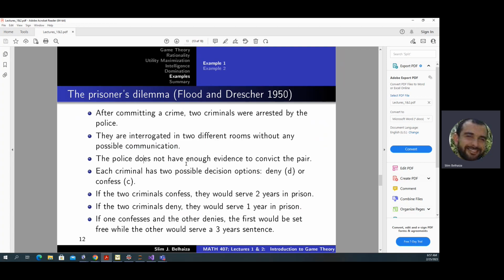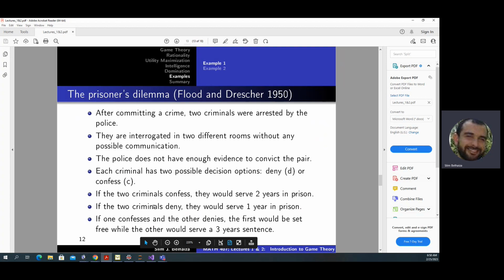The police does not have enough evidence to convict the pair, and each criminal has two possible decision options, either deny, which is symbolized here by D, or confess. If the two criminals confess, they would serve 2 years in prison. If the two criminals deny, they would serve only 1 year in prison. And if one confesses and the other denies, the first would be set free, while the other would serve a